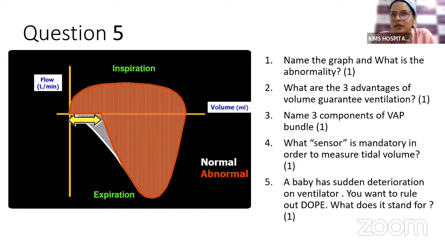Three components of VAP bundle. While giving ventilation to the baby, we all must be careful to prevent infection. And the VAP bundle, or ventilator associated pneumonia prevention bundle, has multiple components. It starts from hand hygiene. It starts from minimizing the need for invasive ventilation, or early extubation wherever the baby is already ventilated, early extubation to non-invasive modes, to CPAP, as soon as the primary pathology is better, the use of horizontally fixed endotracheal tubes,